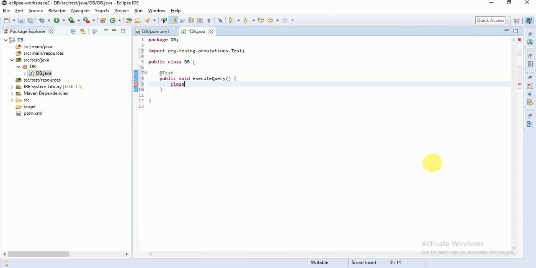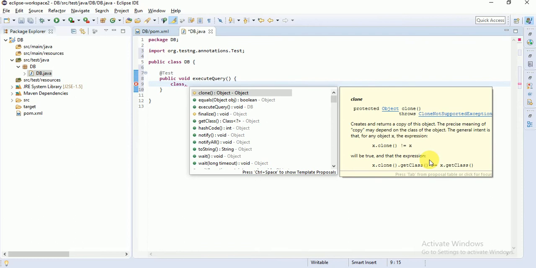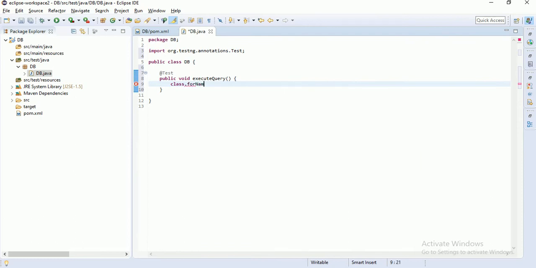Class.forName. You need to set your MySQL related driver here, guys.